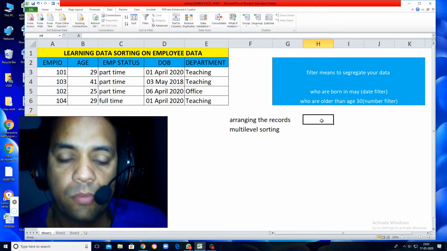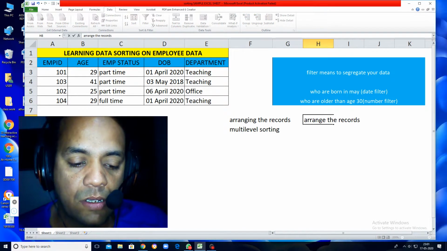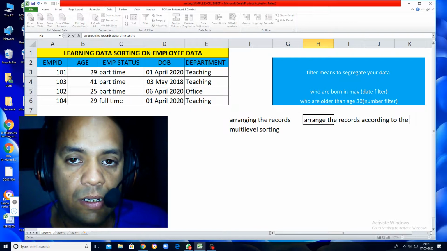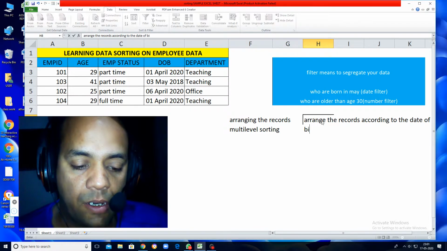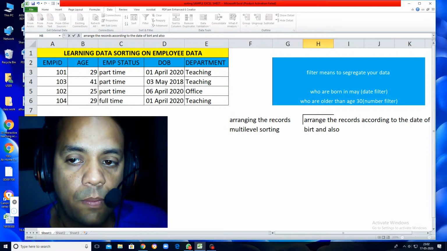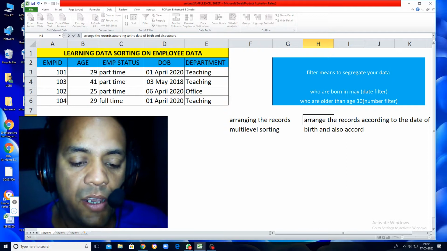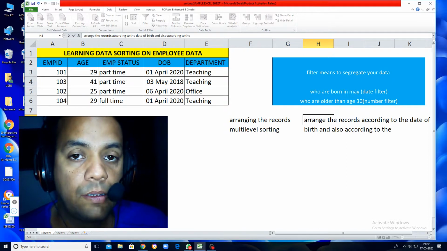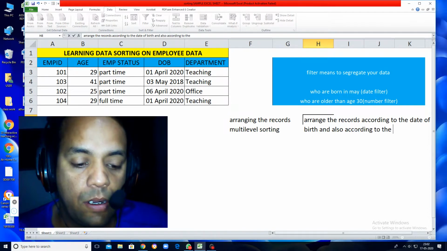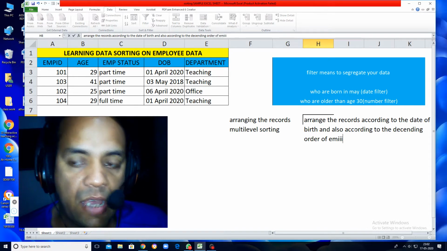Now what I want: arrange the records according to the date of birth and also according to the descending order of employee ID.